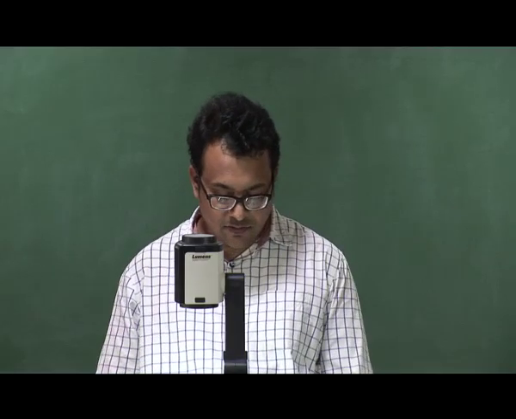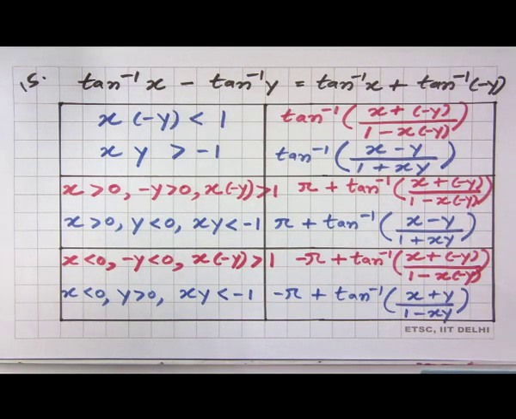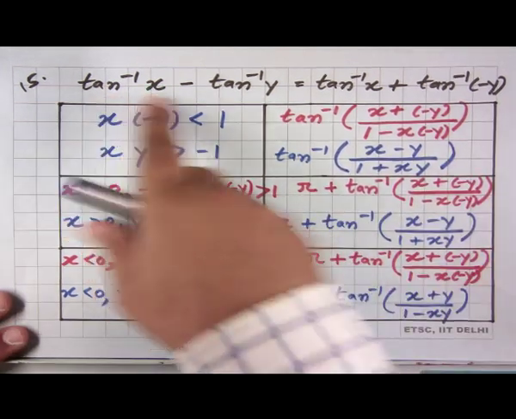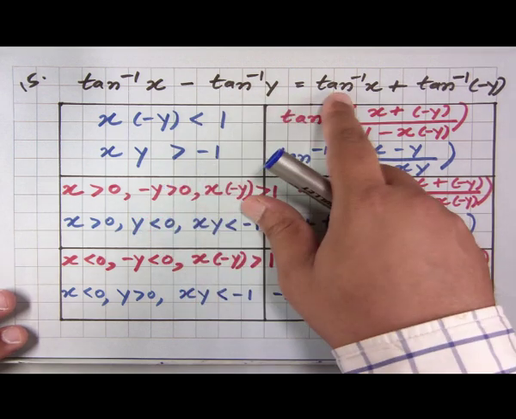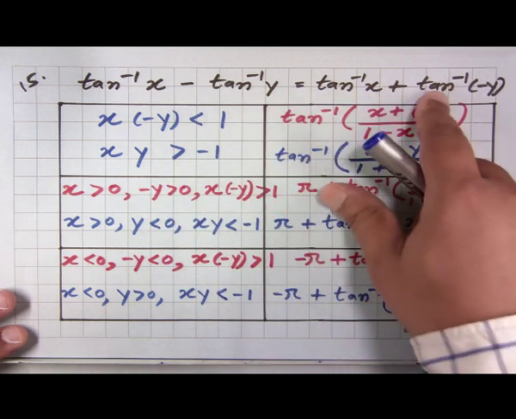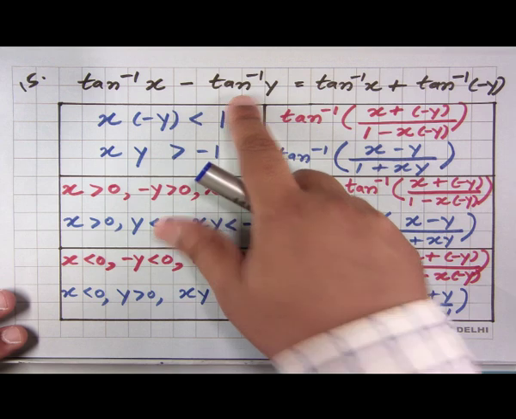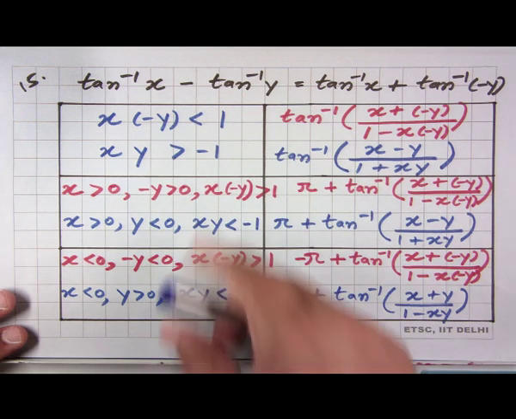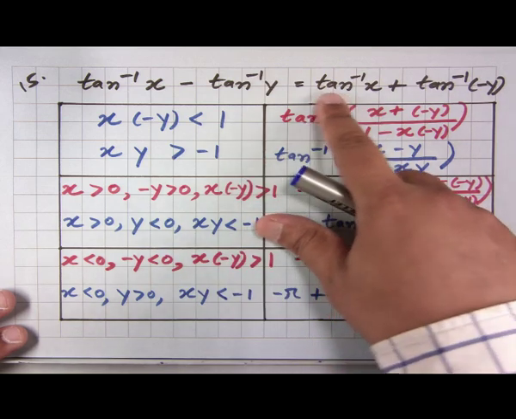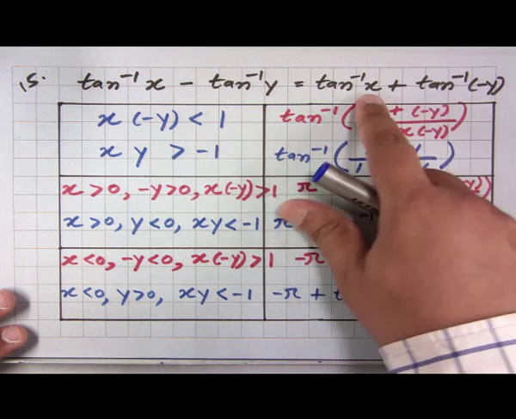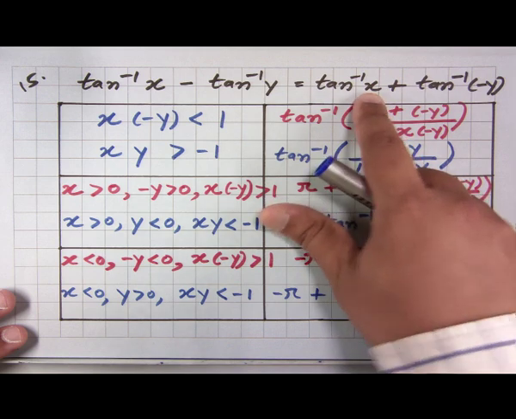Again, from the tan inverse x plus tan inverse y, it is easy to get the expression for tan inverse x minus tan inverse y, and I will quickly go through it. So, tan inverse x minus tan inverse y can be written as tan inverse x plus tan inverse of minus y, and that is because the tan inverse function is an odd function. Now that we have written this as a sum of the tan inverses of 2 different variables, x and minus y,